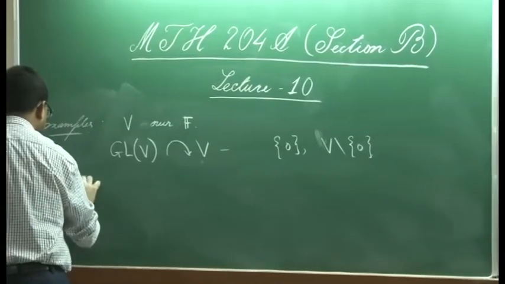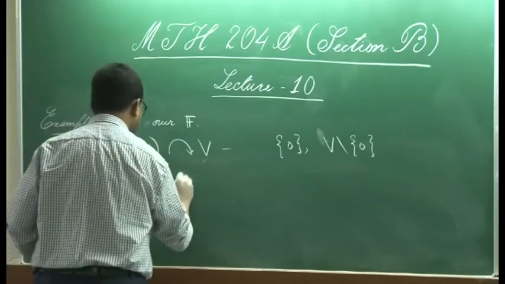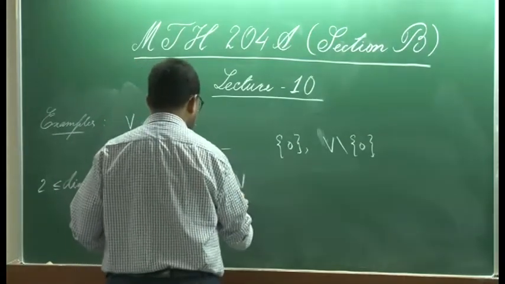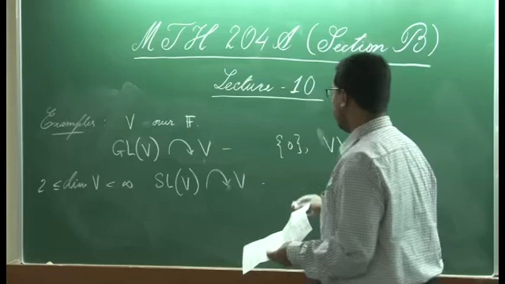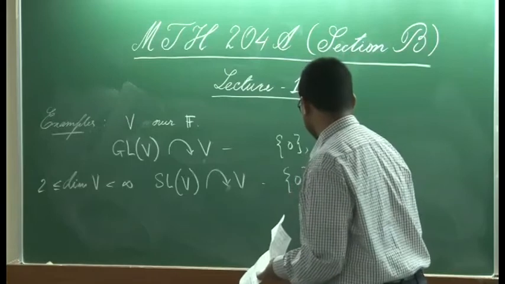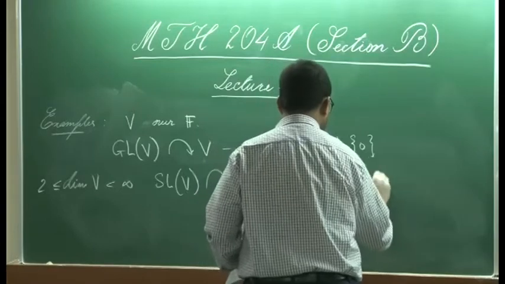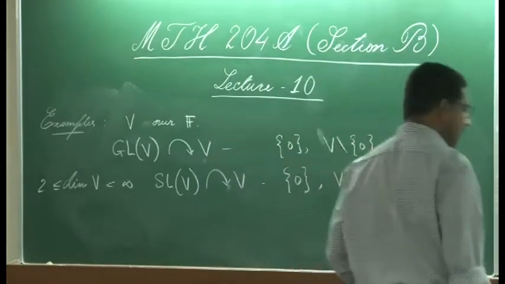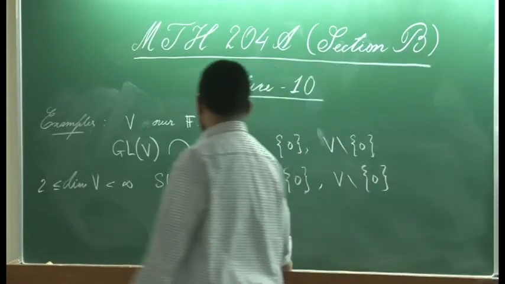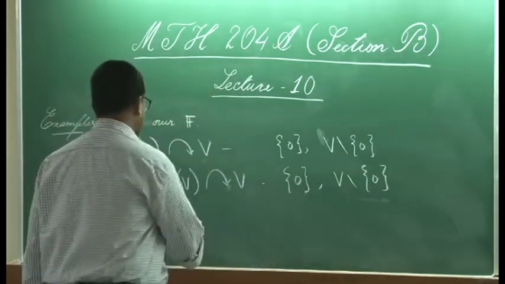If furthermore we assume that the dimension of the vector space is finite and at least 2, then we should be able to consider the special linear group of V that also acts on V in the natural way. And what are the orbits under this action? That's also quite clear that these are the only 2 orbits. This is because of the following: in order to show this is the orbit, it's enough to show that every non-zero vector